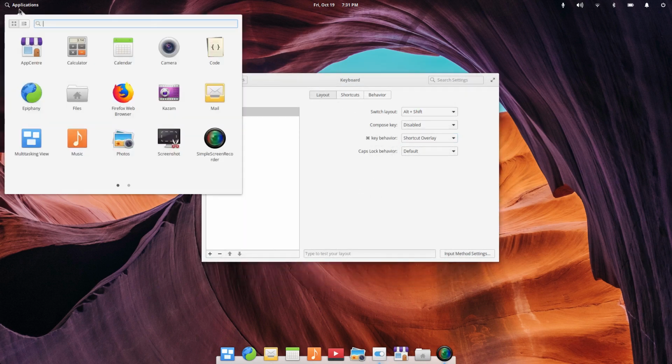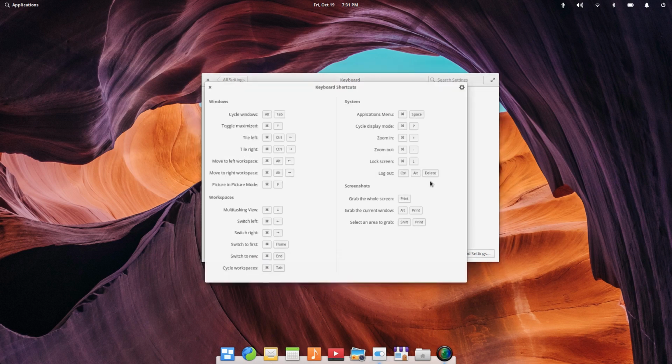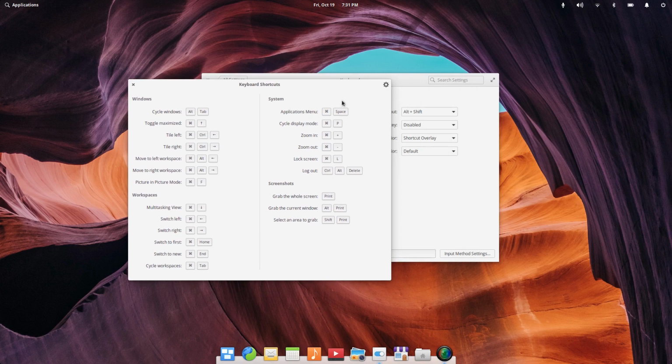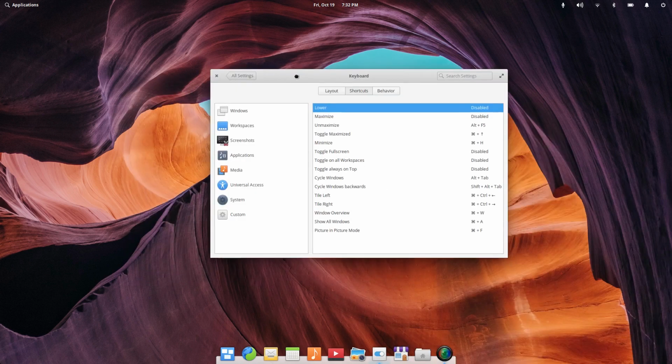If you're not fussed about going up here, or you've got your shortcuts down here already, then you can probably keep it. I would probably keep this on if I was to use elementary for a while. That way I can quickly bring that up until I get used to these. Then I can change it to the applications menu, and that way you've got a quick shortcut for that. I can see that really coming in handy there, I must say. I don't know what happened there. Anyway,